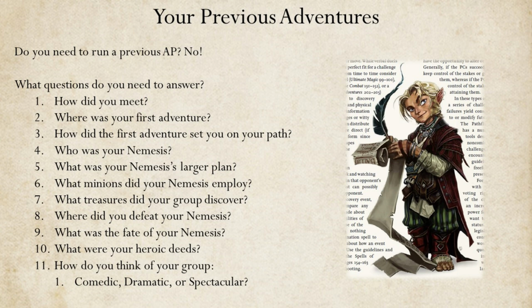So, these are the 11 questions Paizo presents. I think they will do a pretty good job of setting up a party's previous exploits. I strongly encourage you to read through these questions in the player's guide, as they provide a little more clarifying detail. These questions could be easily answered as part of a Session 0 with your group, and present a great opportunity for PCs and the GM to collaborate on some fun and interesting backstories to feature during the production of the Curtain Call opera. Before I close out this section, I want to throw out an unconventional idea.